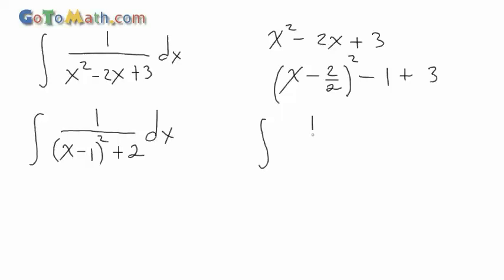So if we had 1 over u squared plus a squared du, this is going to be equal to 1 over a, and this is arctan of u over a